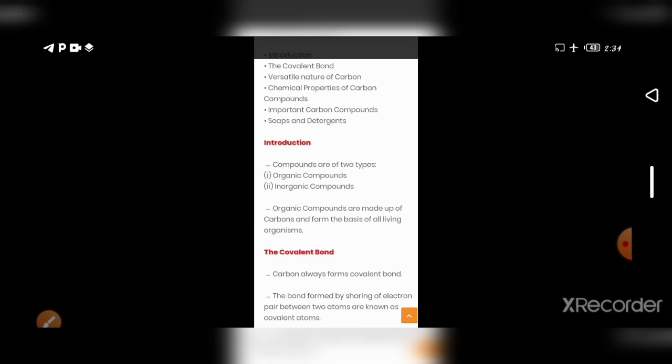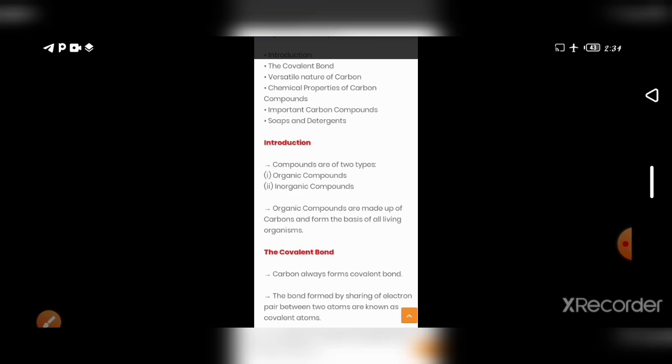You know very well the carbon compounds found in nature and man-made are higher in number than those of any other element in the periodic table. In fact, there are more than 5 million carbon compounds. So carbon has unique properties: catenation, tetravalency, multiple bonding. It combines with hydrogen, oxygen, nitrogen, sulfur, etc. It forms a large number of compounds. All of these compounds are made up of covalent bonds.